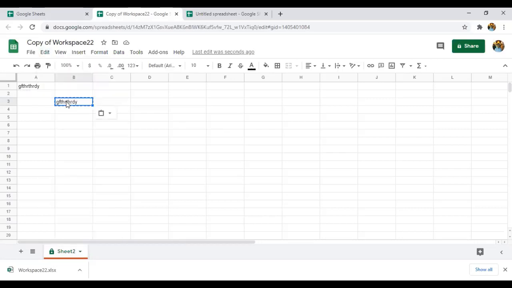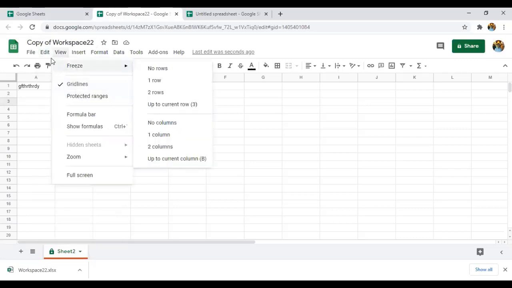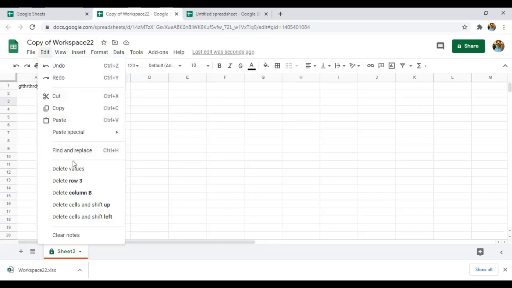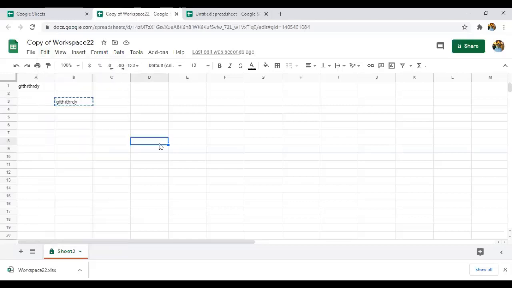And if you want to cut it, so we are doing the cut operation, and you can delete various columns or whatever you want. You can delete any row or any cell or anything, you just click on the delete button, that will be deleted. Okay, this is how we are going to delete the data. These are the menus present in the edit module.